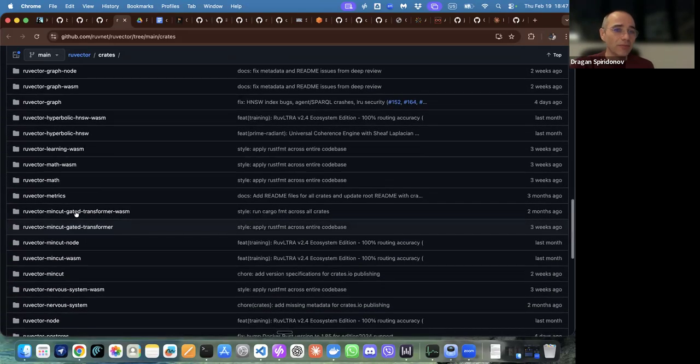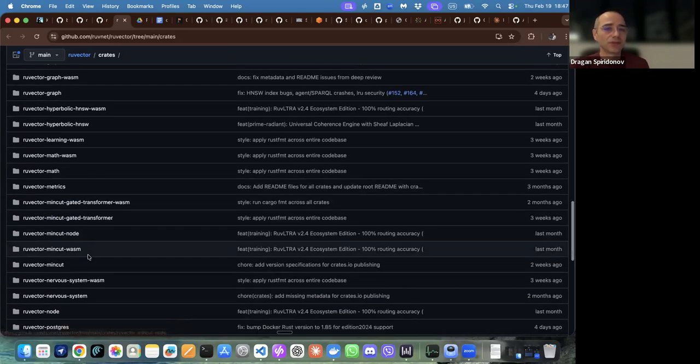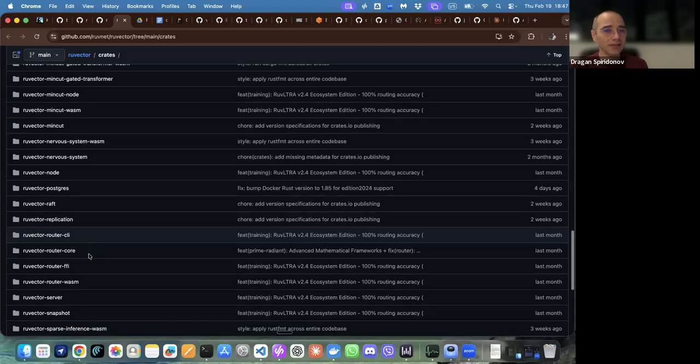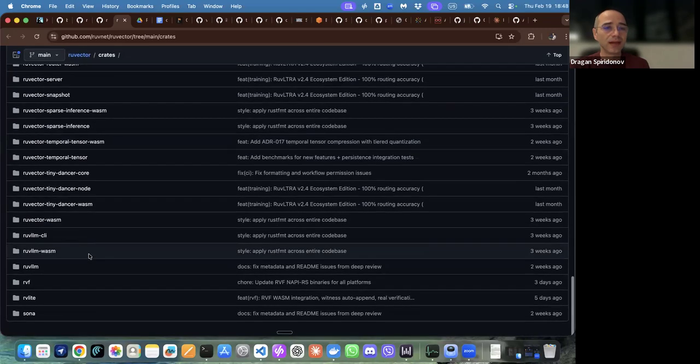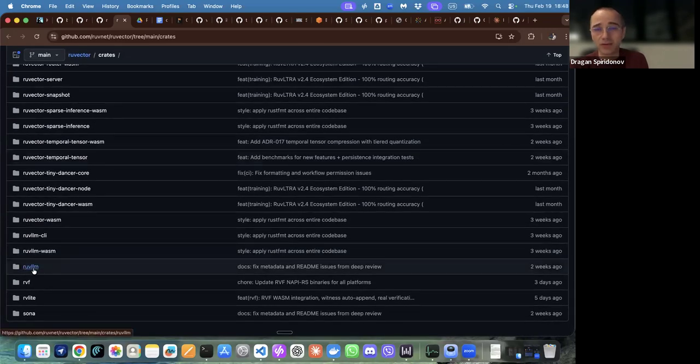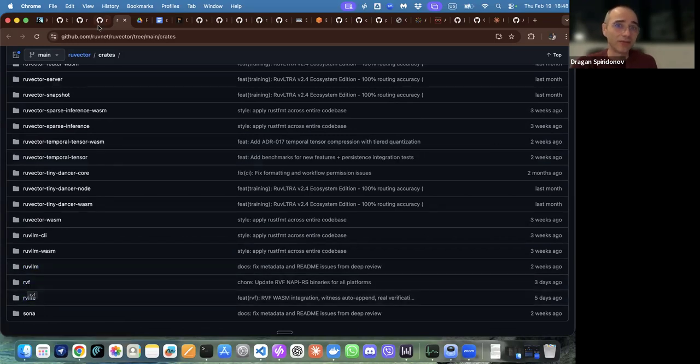So there are already Rust packages you can just plug in, like MinCut, and Ruv LLM, a complete local model that's a really small one and can be trained. You even have a pre-trained version, and this is the new stuff.